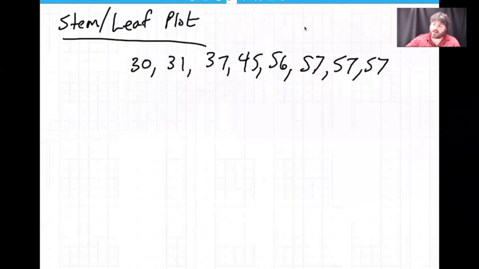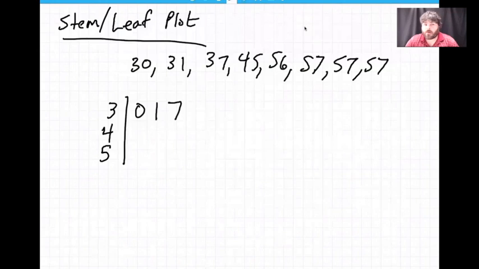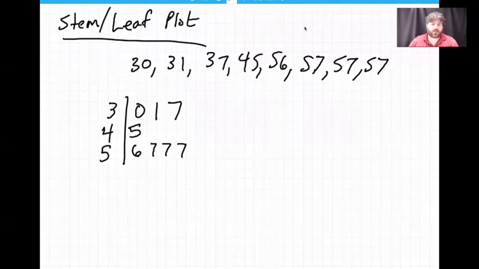This is my data set. They can write it, and again, it's just a shortcut. Mathematicians are lazy, we like to save time. But what you can do is you can do 30, 31, and 37. All you do is write the single digits there next to that bar. So the number on the left is the tens place, so that's 30, 31, and 37. So 45, you just put a 5 here, and for the 56, 57, 57, and 57, you'd write it like